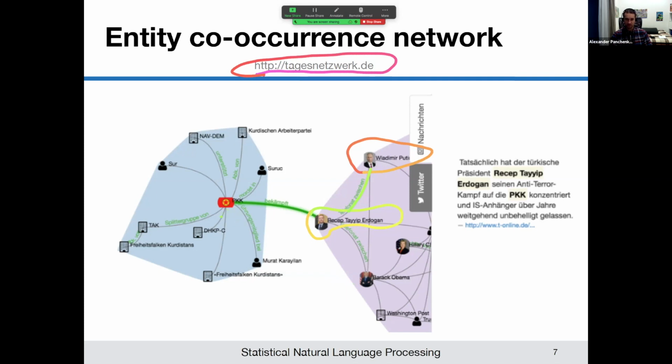These networks can be further analyzed: which organizations, politicians and entities co-occur together. So this might be a way to make explicit what is happening in the news today, but